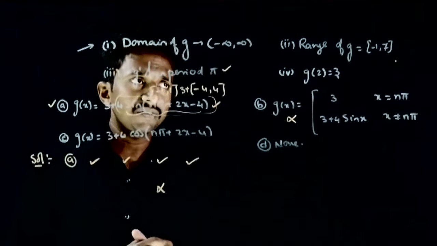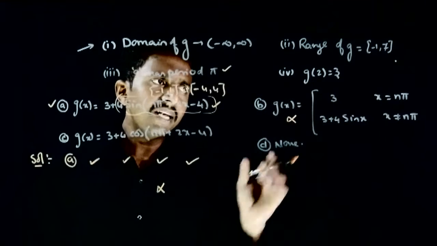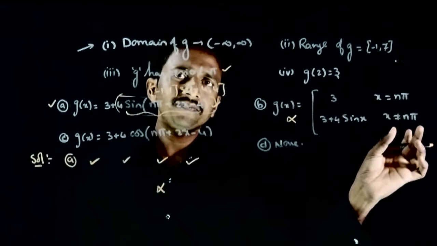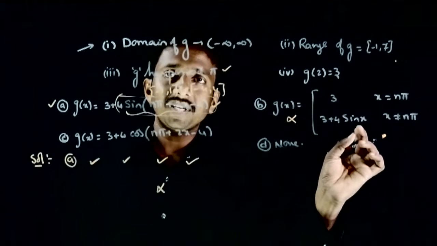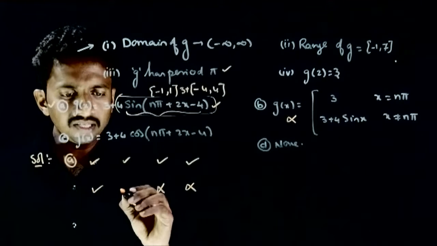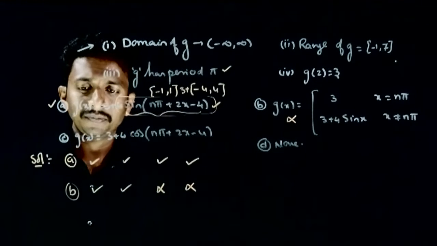डोमेन तो -infinity to infinity satisfy कर रहे हैं, रेंज भी satisfy कर रहे हैं एंड g of 2 के लिए ये वाला यूज करना पड़ेगा because 2 is not equal to nπ, 3 plus 4 sin 2, 3 नहीं। So the second function is satisfying the first 2 conditions but it's not satisfying the third condition।